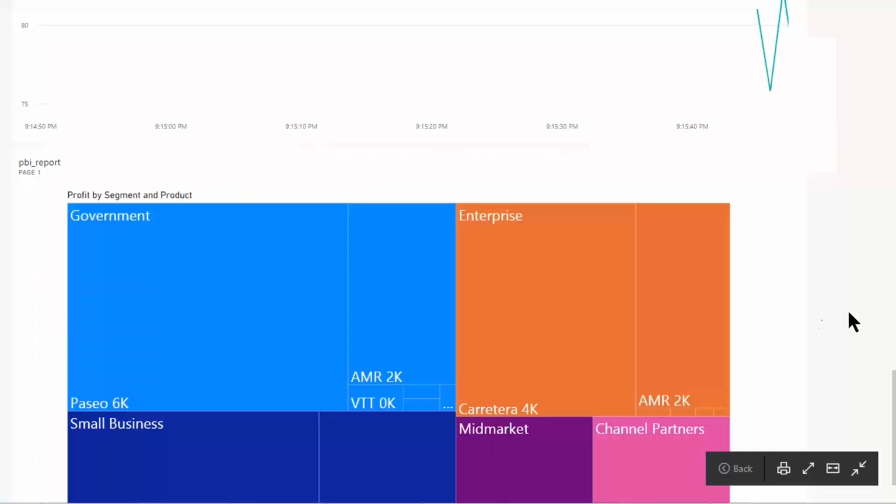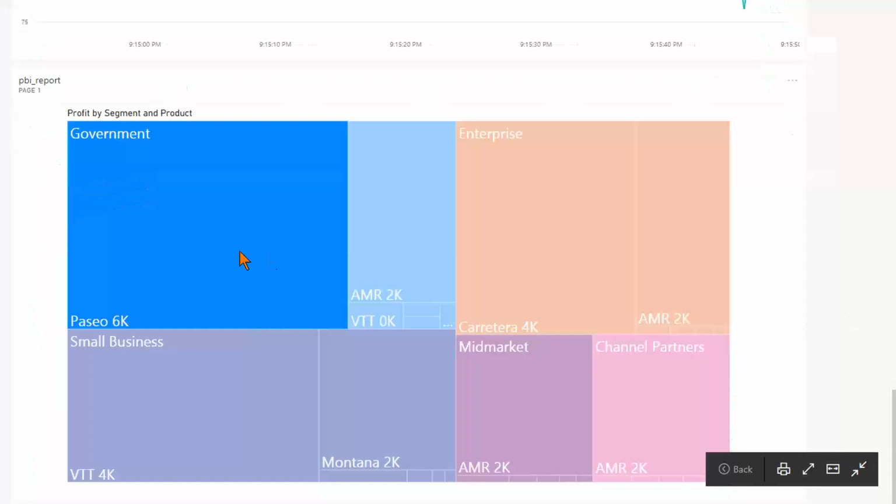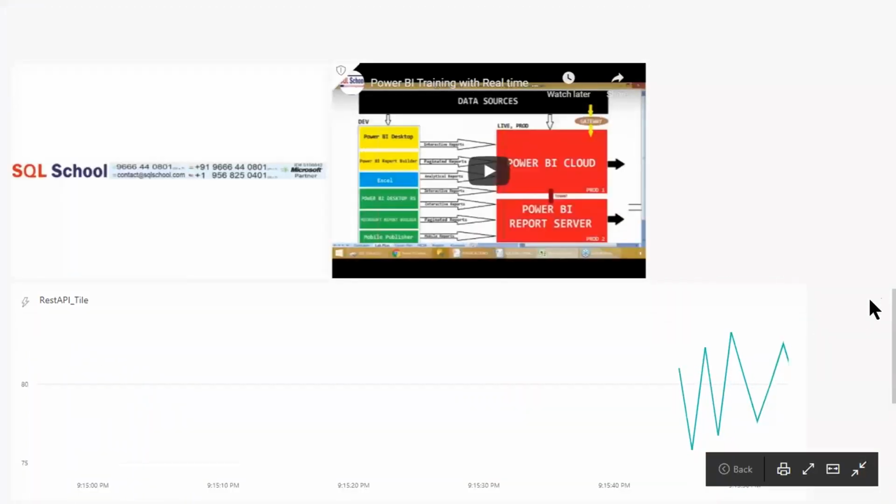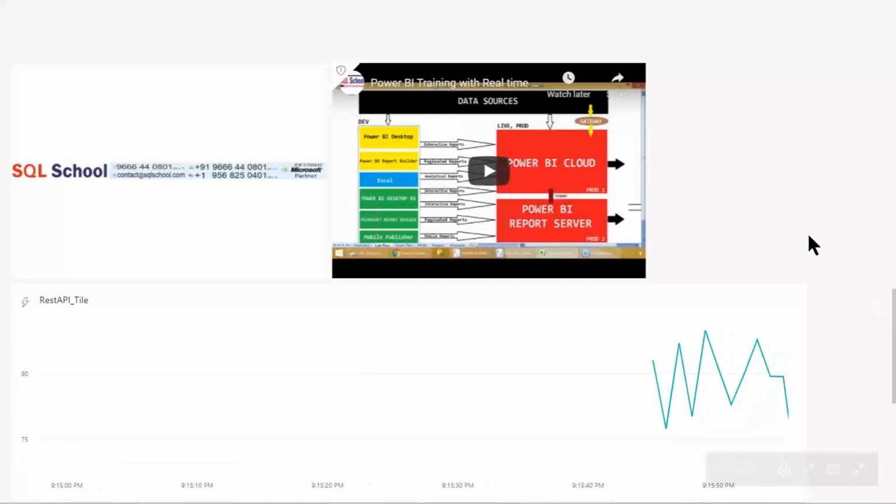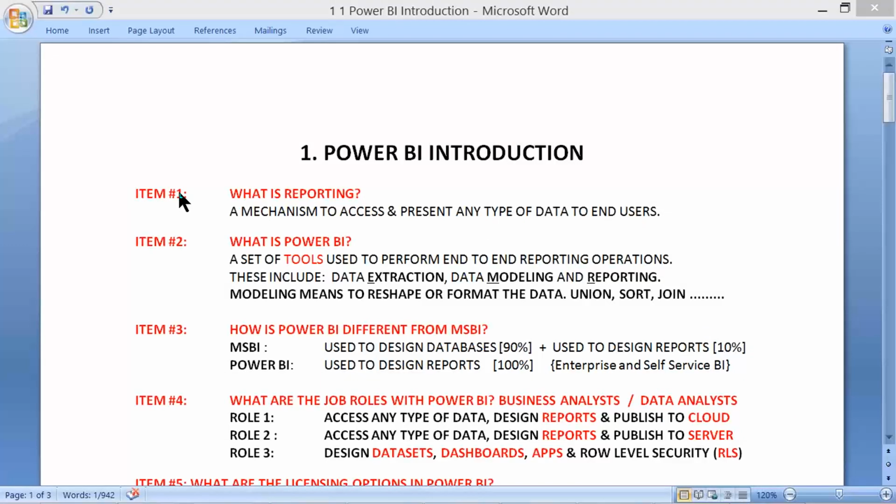It can be some historical data like this, or it can be a mix. We call it hybrid data or pictorial representation, some video options, etc. Any type of presentation to the end users is what reporting means. Just add color to your data.